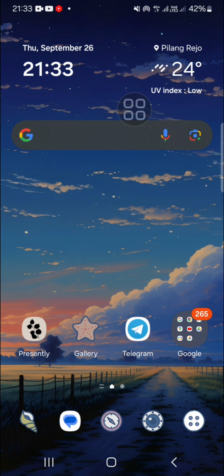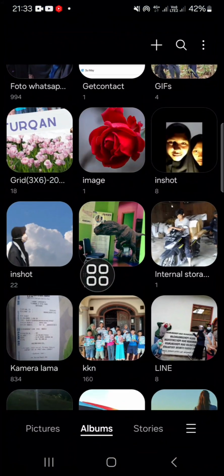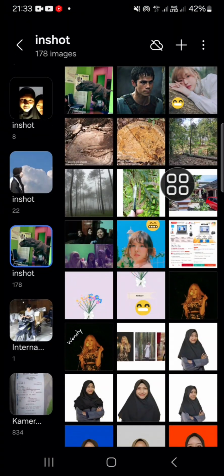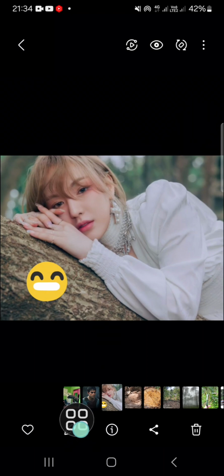Here I have opened my Samsung Galaxy A55 and the first tip I'm going to show you is about object eraser. I'm going to show you how you can erase an object from your image easily using the object eraser feature. So I'm going to go to my gallery and then choose a photo I want to remove an object from. For example, I'm going to choose this photo and we can click on this pencil